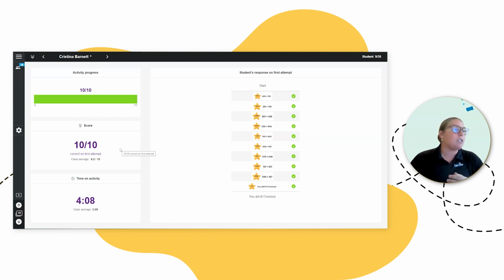And then, yeah, time on task. So I can see that she took about 4 minutes to complete it. I love that one because especially as a 7th grade teacher, I know when students just wanted to get something done. I'm sure it's the same in upper elementary. So if that said like 5 seconds on the activity and she got most of them wrong, I could say, hey, let's take our time. I'm going to give you another copy of it. Try again.